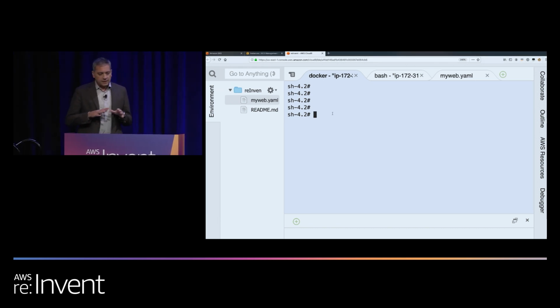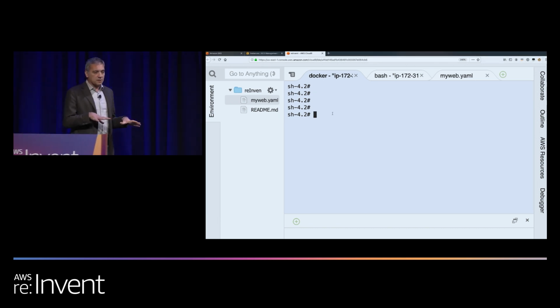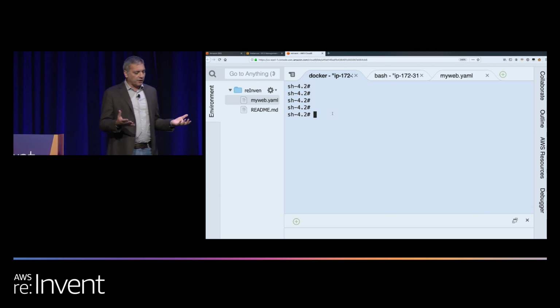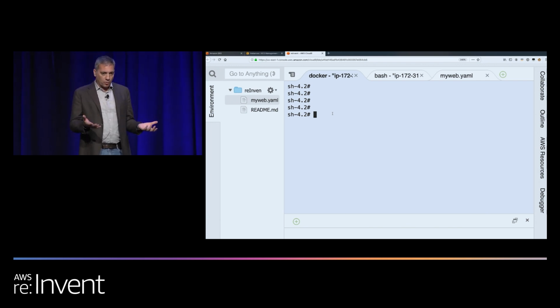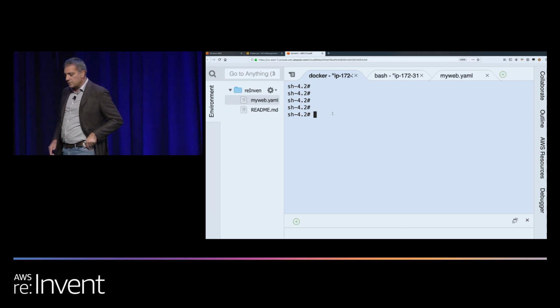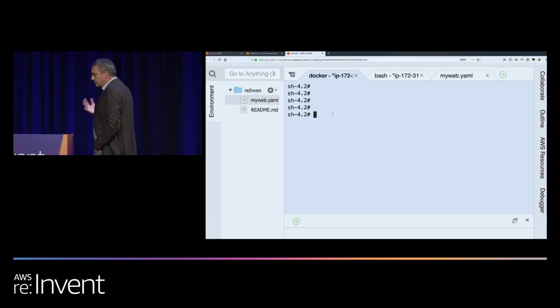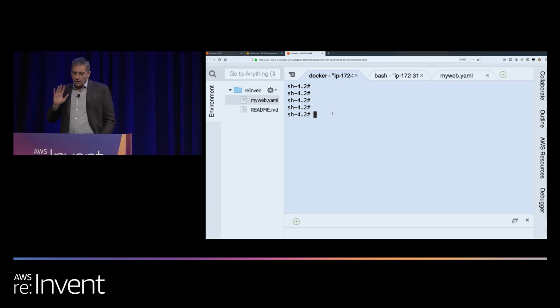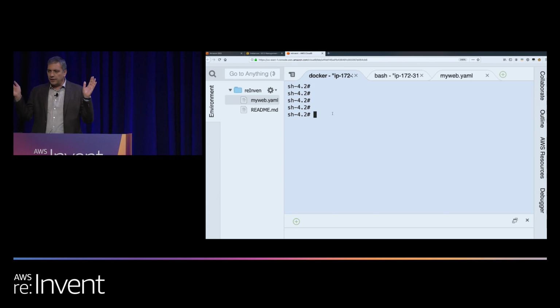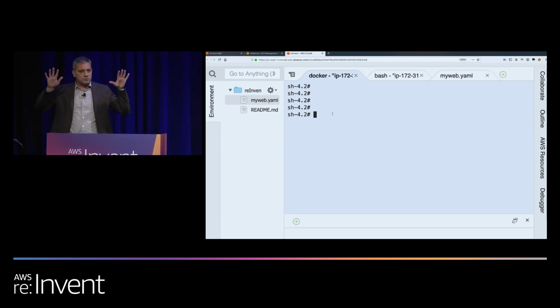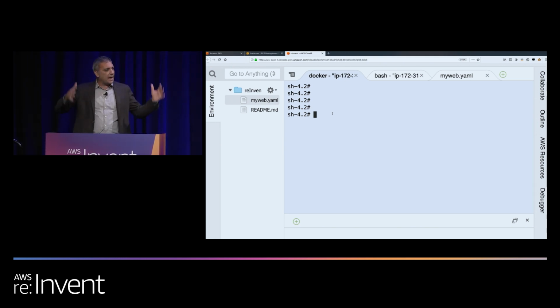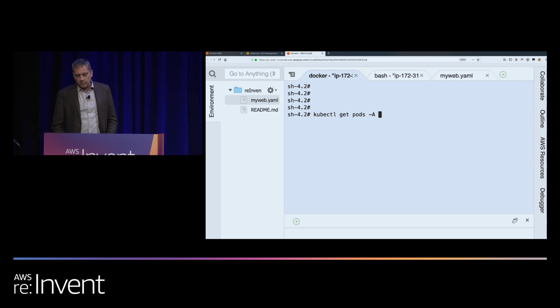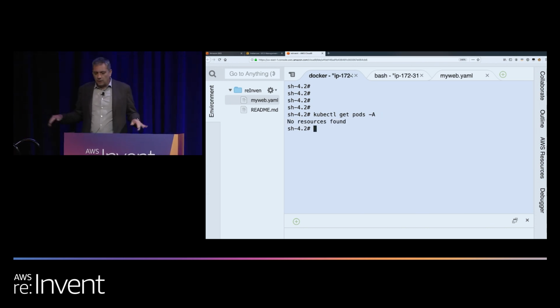Okay? So the setup that I'm going to show you is very basic. I have created an EKS cluster that supports Fargate, and we will get into some of these details about what that means. This cluster is pretty empty, right? I pretty much shut down everything just to show you the mechanic of how this integration works. This is not representative of a production cluster because, for example, it doesn't have any pod running, right? So I just shut down everything.